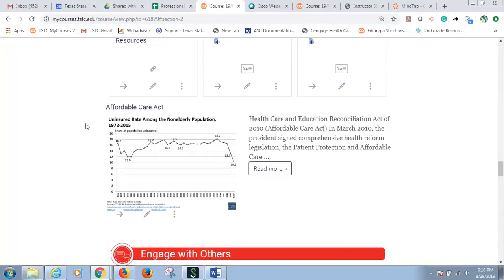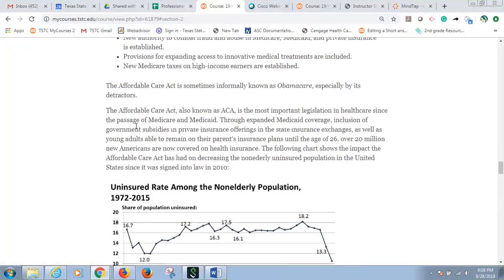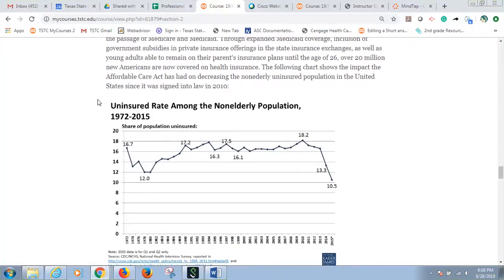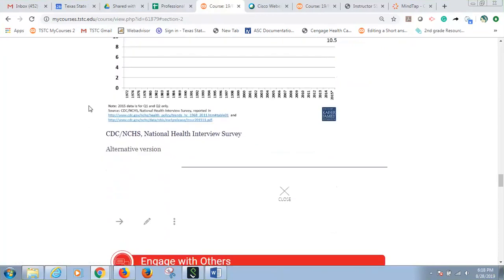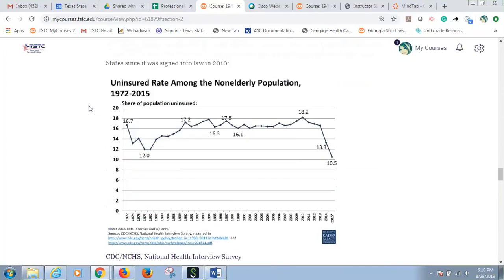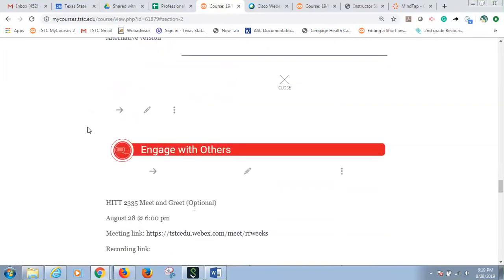And something new we've started utilizing from a new online course is little tips that you can go in and read. It's going to relate to the subject matter, but it's going to enhance your understanding. And then you're also going to see practice and applies in some of the modules too. I don't have one in this module, but the practice and apply are things that are not for grades, but they're going to allow you to test your knowledge. And it's unlimited attempts. It's just to make sure you understand the material.